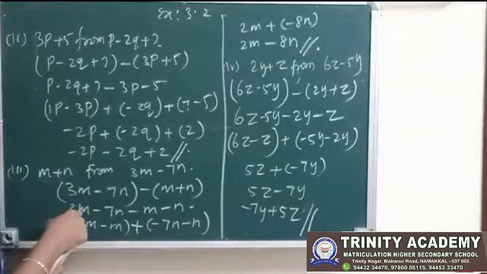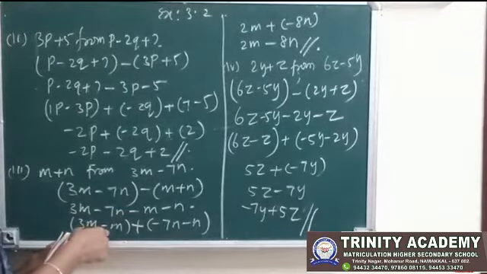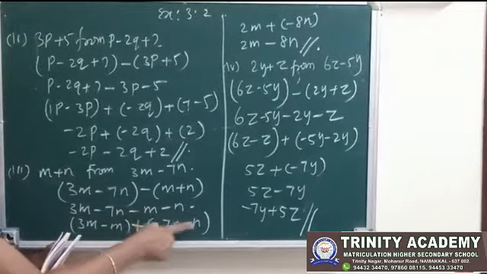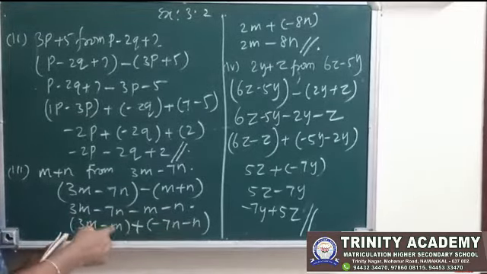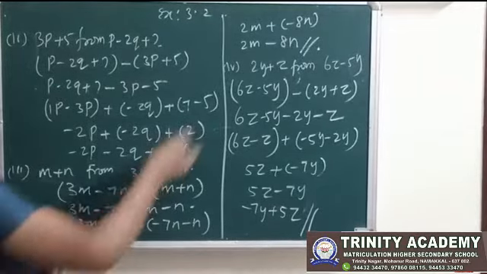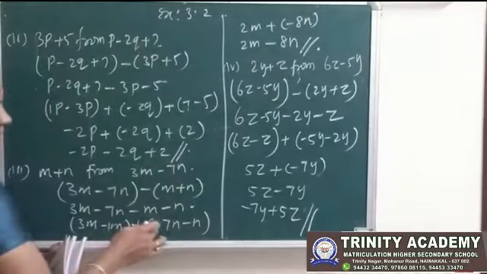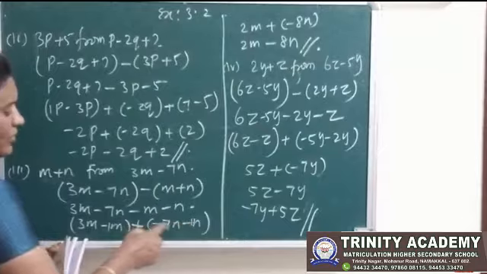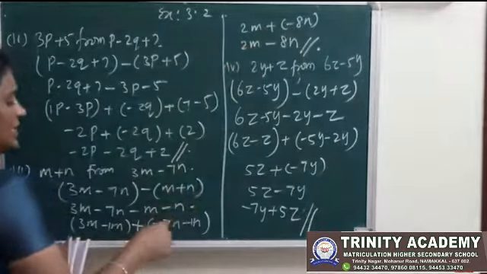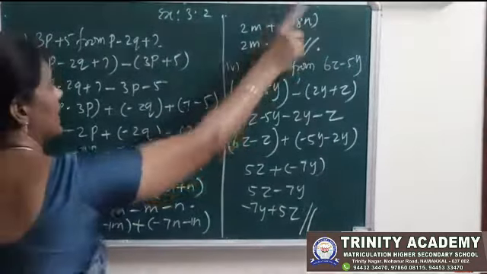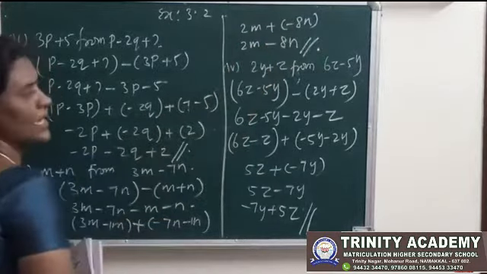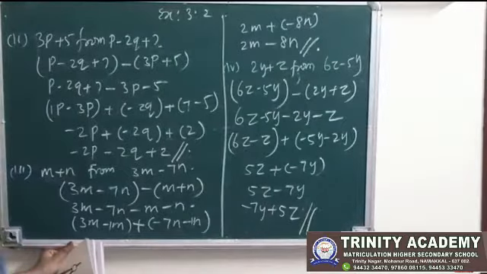Okay. Here 3m and minus m are like terms. We group this one. Then plus here minus 7n, here minus n. See, 3m minus 1m. Here m means 1m. 3m minus 1m is 2m. Plus, see here this is 1n. Both terms have a minus sign, so put the minus sign. 7 plus 1 is 8n. So 2m plus into minus is minus 8n.